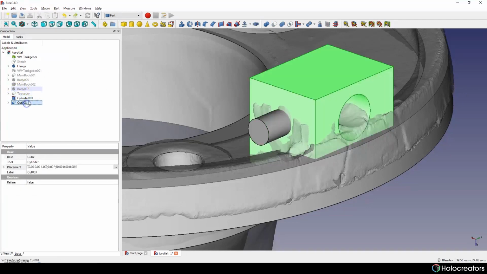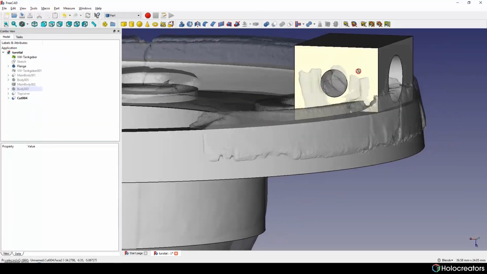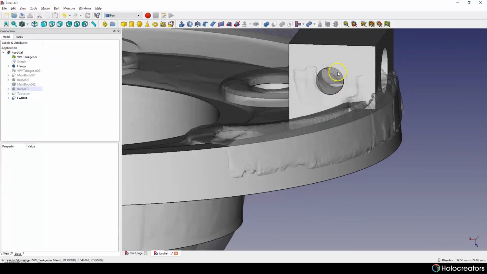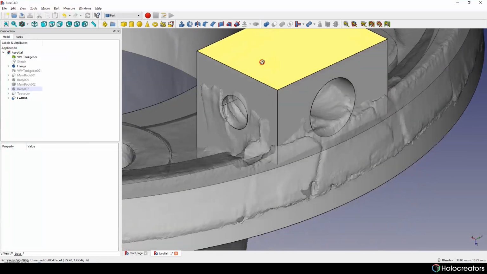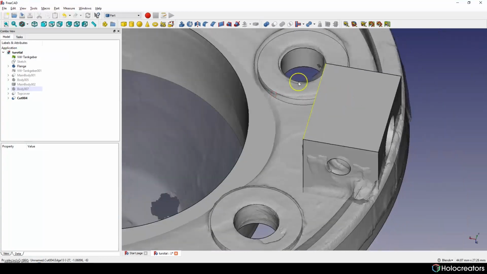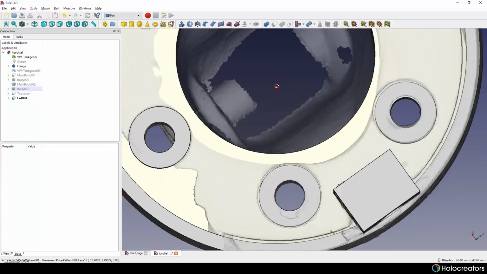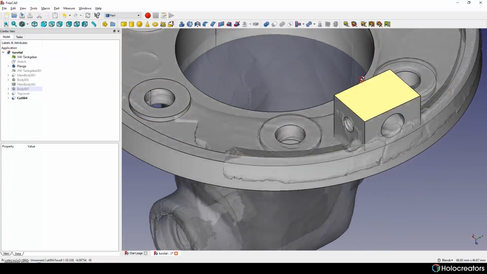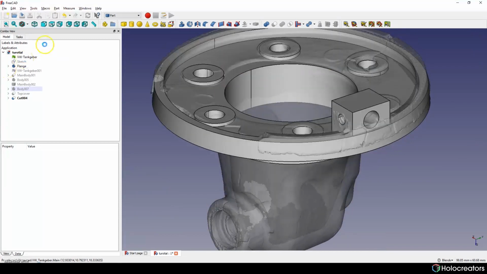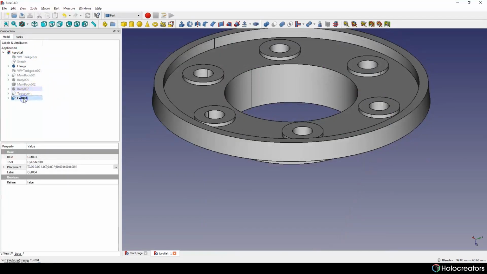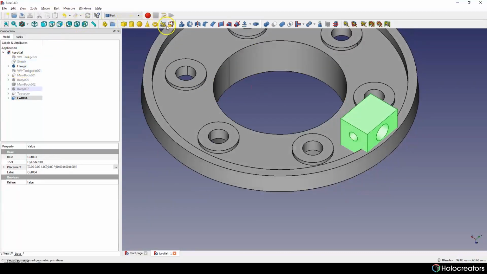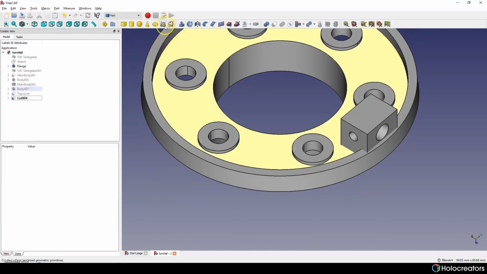Oops, we have to do it in another way. So basically, we have our cylinders cut from this cube, and the last part is to create a screw and subtract it from our cube. To do this, we can hide everything for now, and we have to create a simple shape.